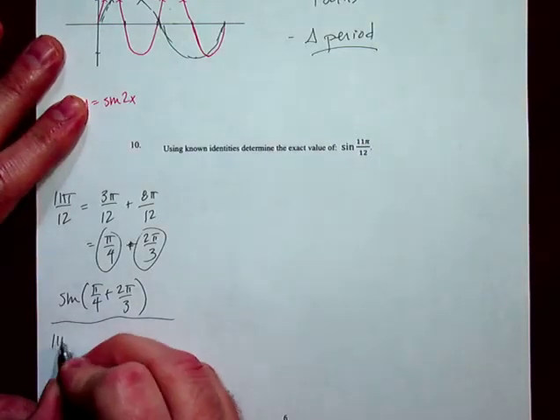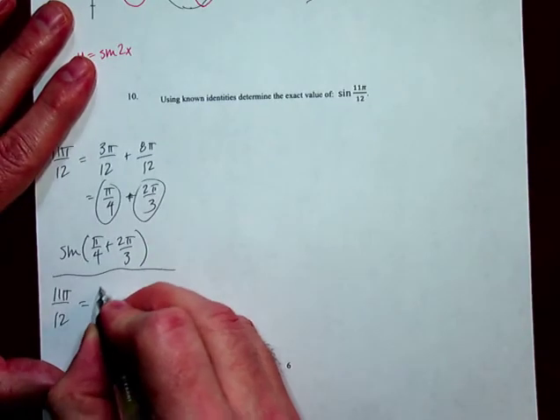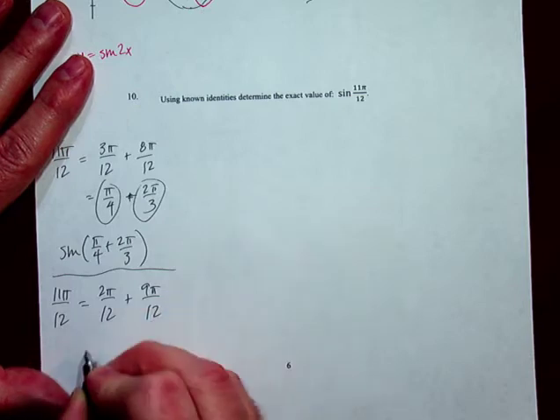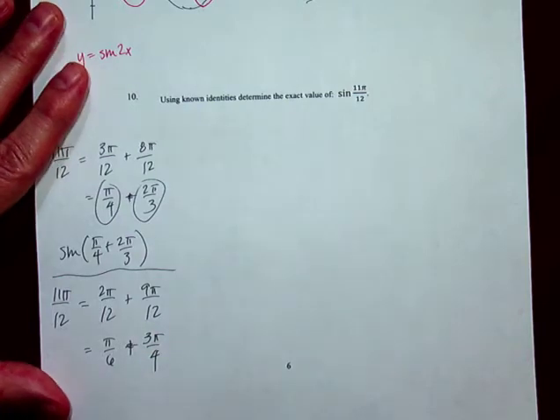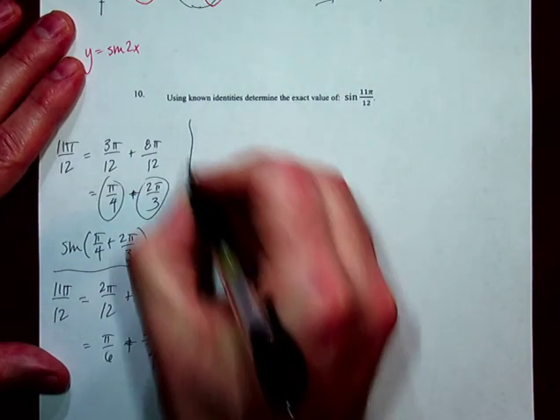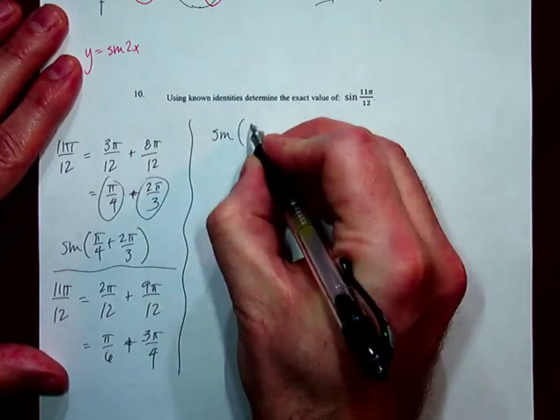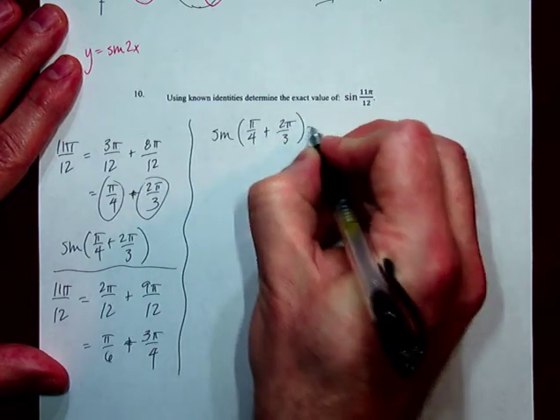You know, 11 pi over 12 becomes 2 pi over 12 plus 9 pi over 12. This becomes pi over 6, and this becomes 3 pi over 4. Those are both unit circle values. Okay, so let's use this first one right here. I know that sine of 11 pi over 12 is sine of pi over 4 plus 2 pi over 3,